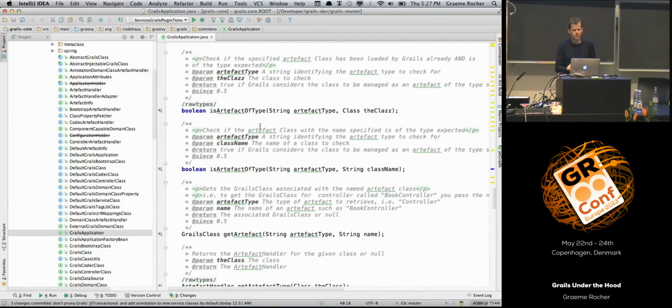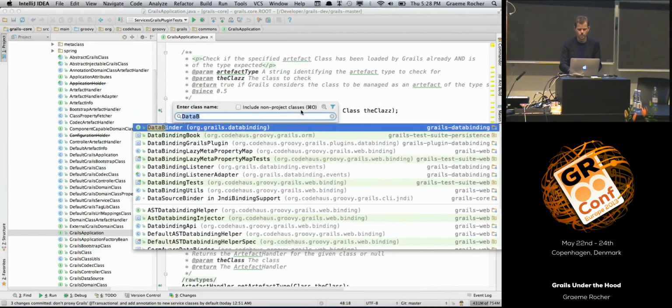There is this notion of an artifact type within Grails. By default, the Grails application interface doesn't know about any artifact types. When I refer to artifact types, I'm talking about things like a controller. So the Grails application interface doesn't know about controllers. It knows about an artifact type, and then there is a controller